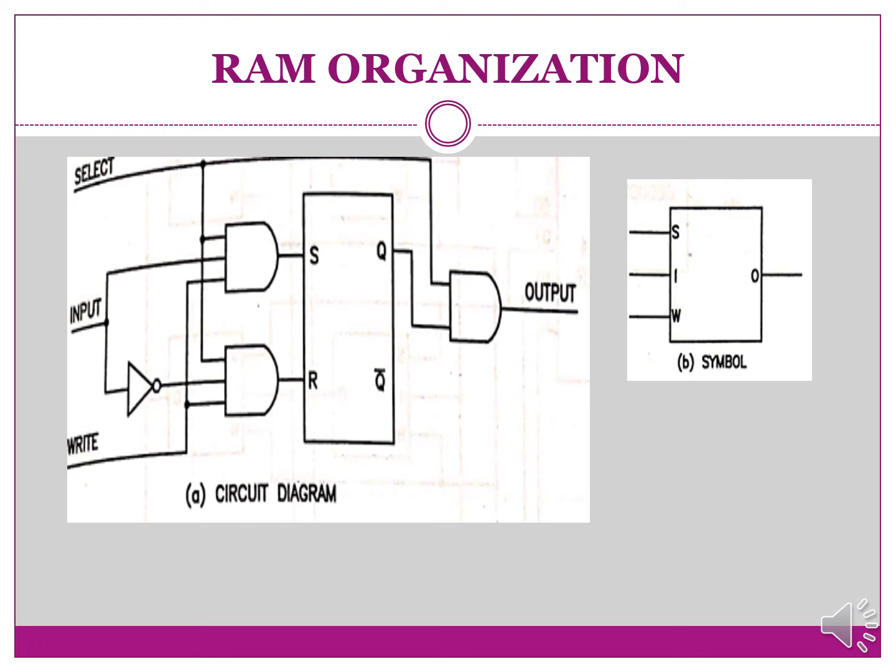First, S, that is known as the select pin to select the memory. I, input pin to input the data. W, write pin to write the data into memory. O means it is the output pin. So the symbolic representation of this logical circuit is represented in another symbol that you can visualize: S, I, W and O is your output.